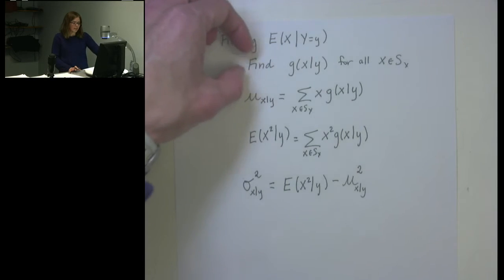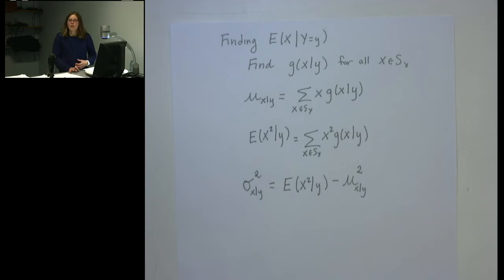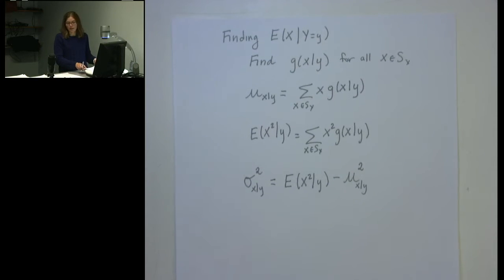So you need to start by finding the conditional distribution, and then you use it just like you'd use any other probability mass function to find the mean and the variance of that distribution. Okay, so what I'm going to do is do a really big example, and we will take a look. Going through all these steps and also see the relationship between the conditional distribution and the squares line and a couple of other important things along the way. So the example that we're going to do